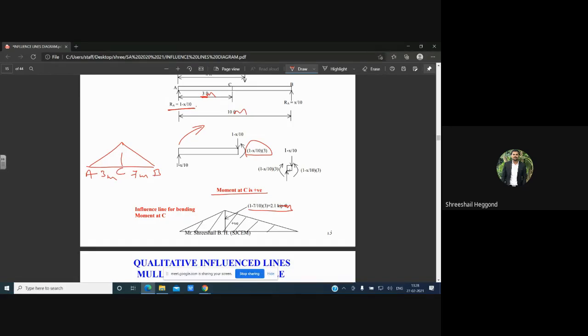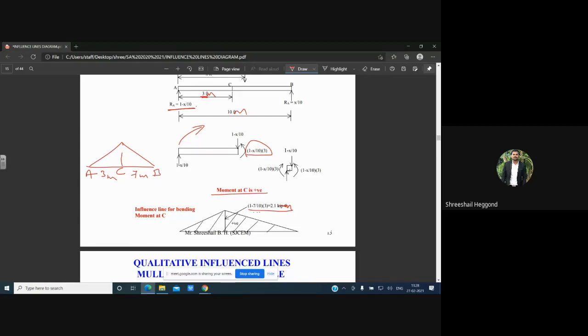Likewise, we will be drawing the bending moment diagram for influence lines, for a unit load only, where all calculation is with respect to the unit load. Here, the x value will vary depending upon where the location is asked. And 10 meter will not be constant for all the numericals. It is just an example where the span of the beam is 10 meter.